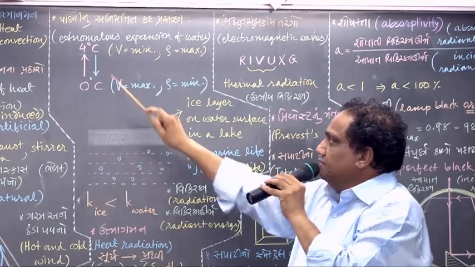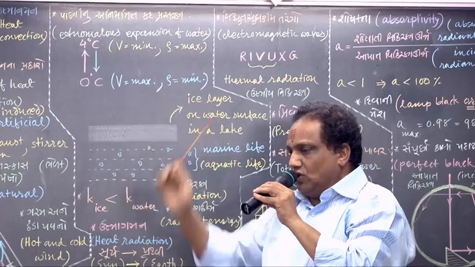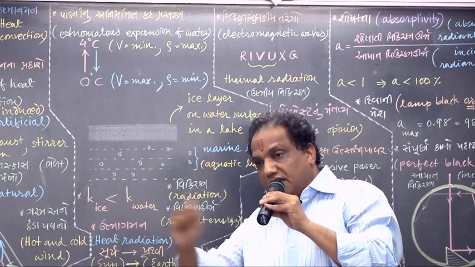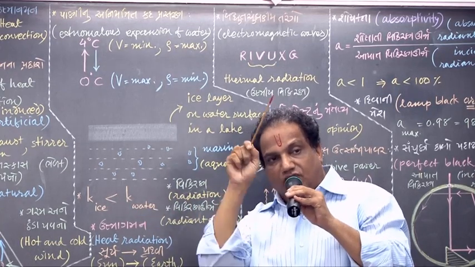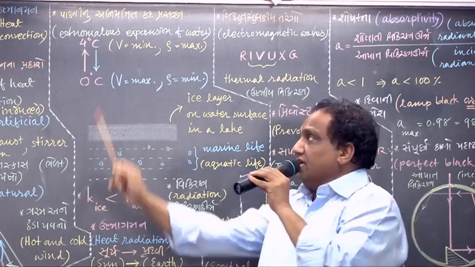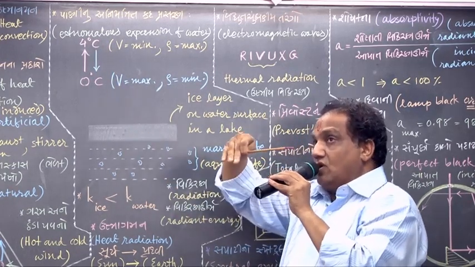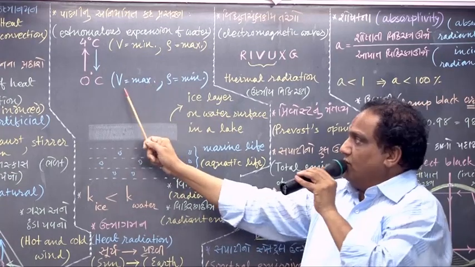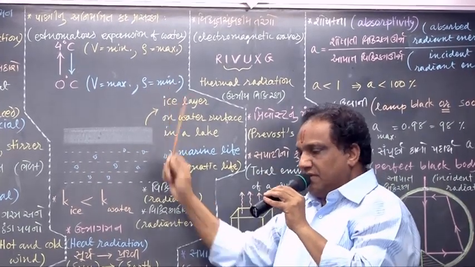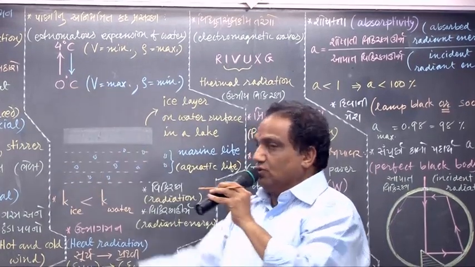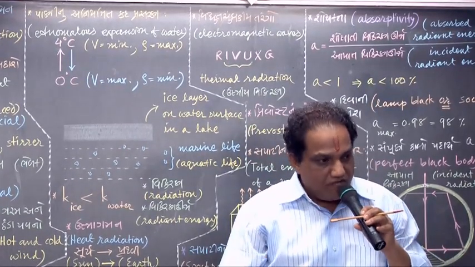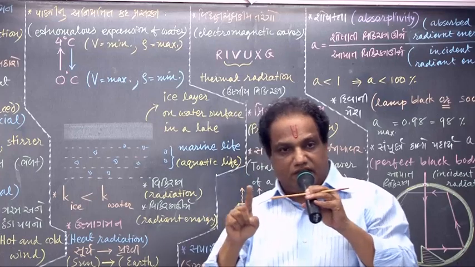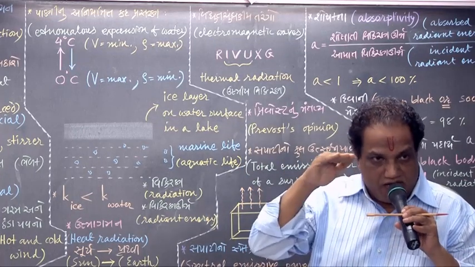You decrease the temperature. When you decrease the temperature of any body, normally what happens? Volume decreases, density increases. But it is not so for water when you decrease the temperature from 4 degrees centigrade to 0 degrees centigrade. Instead of volume decreasing, volume is keeping on increasing. At 0 degrees centigrade, volume is found to be maximum. When volume is maximum, density will be minimum. And at temperature below 0, it will be now ice. For ice, don't you know? Density is smaller than density of water. Density of ice is smaller than density of water. Ice floats on water.